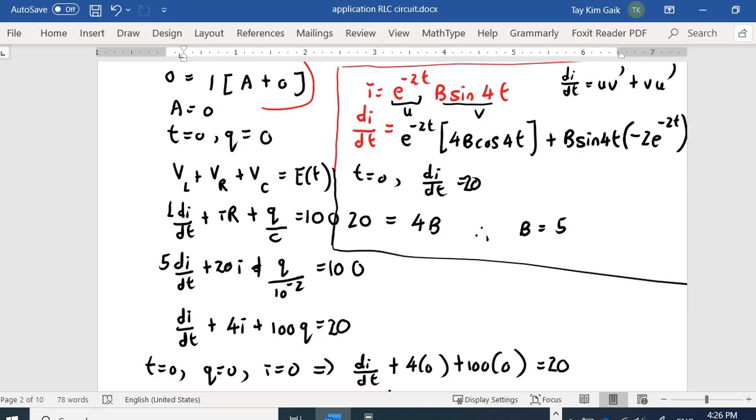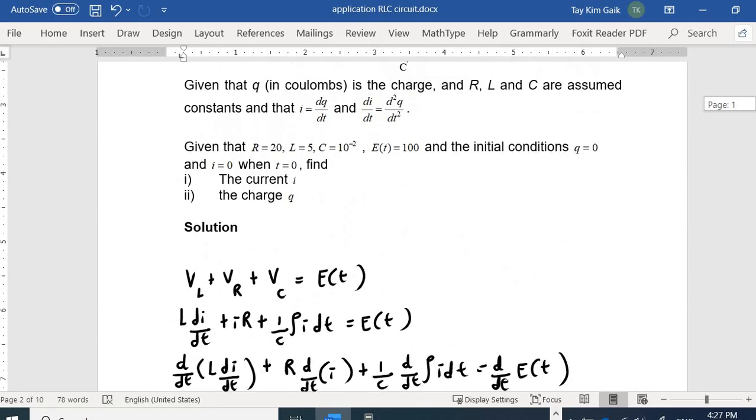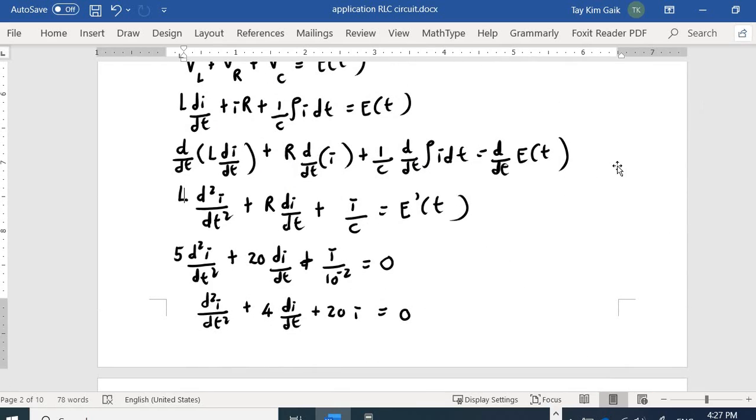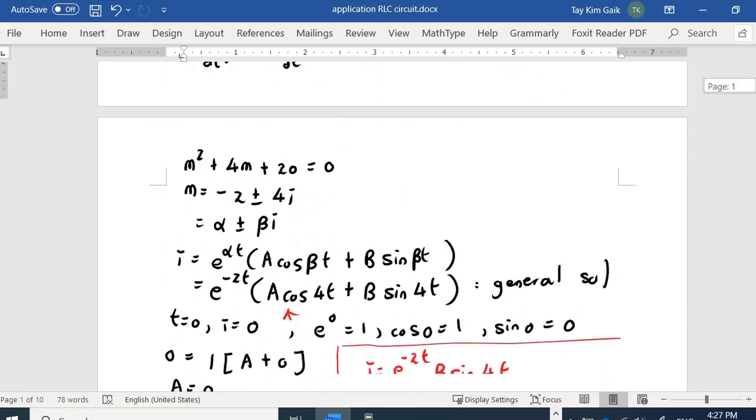So plug in B equal to 5. I is 5 e to the negative 2t sin 4t, which is the particular solution. So it obtains a particular solution. From this RLC circuit, because E(t) is 100, E prime(t) is 0, we have the second order homogeneous equation,